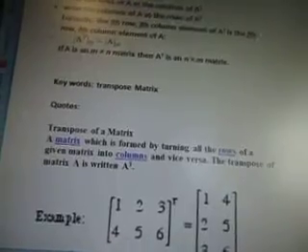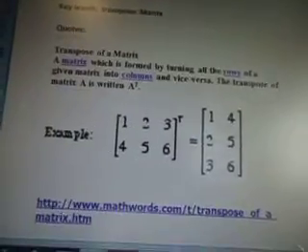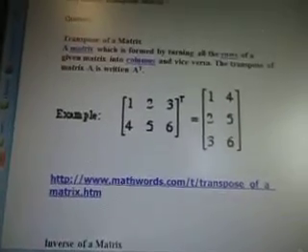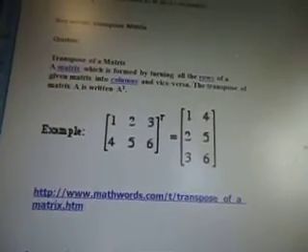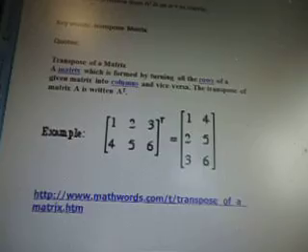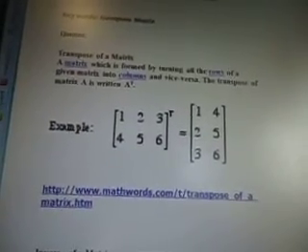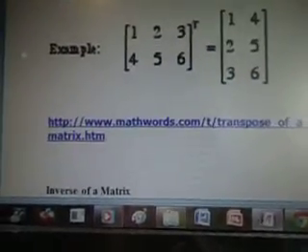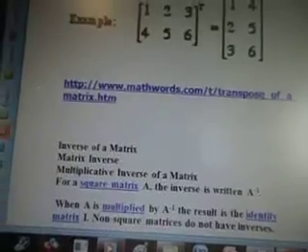So you flip it. Transpose matrix: the transpose of a matrix is formed by turning all the rows of a given matrix into columns and vice versa. The transpose of matrix A is written AT. Oh, okay, there we go. So it just changes the direction. So that's from